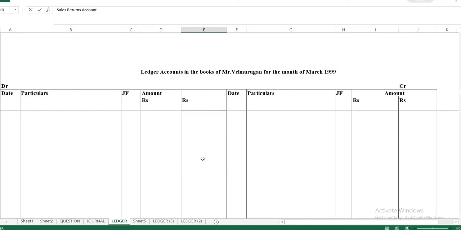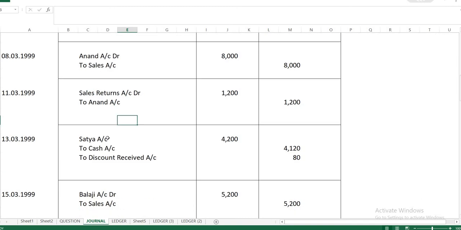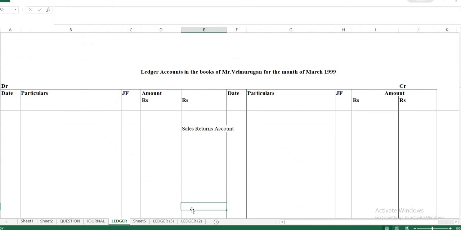Okay, then again, sales returns would not happen very much. Only one or two transactions would have happened. Goods might be due to a defect, and the customer would have sent them back. So give some space to that and then prepare the other account. So what is the other account? Anand has been prepared. Satya, you have already prepared. And cash account we prepared initially. So we have to prepare the discount received account. We didn't prepare that one. So give some space for sales returns and just make out discount received.